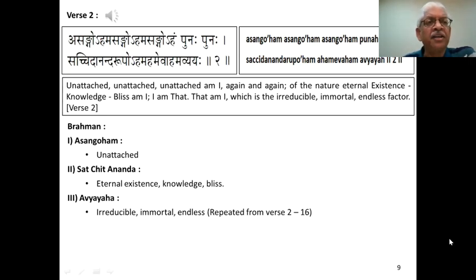In the Karana Shariram, there is a thought of avidya. I don't know anything. Avidya means I don't know anything. It is a thought. Karana Shariram also has a thought. This is said in Vichara Sagara,